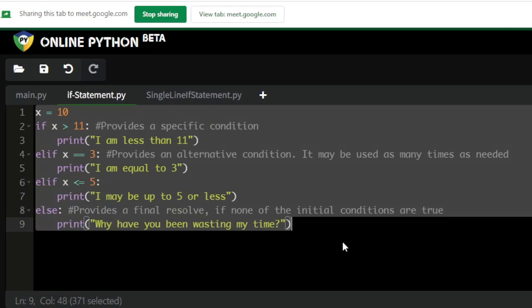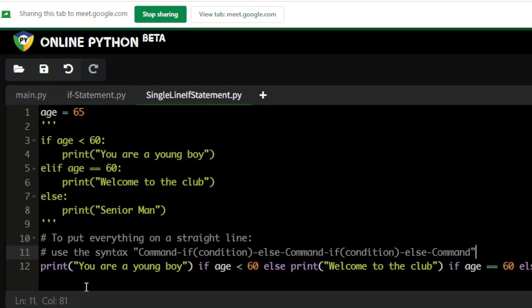Okay? So just don't cram too much. What you just do is follow this syntax: command if else, command if else, which means the first command followed by the first if and the condition. Then you now write else, the second command or the second instruction followed by the condition that will make the instruction work. Okay? Then you write else again. Then you put the last result if all the previous conditions did not work. Again, I repeat,